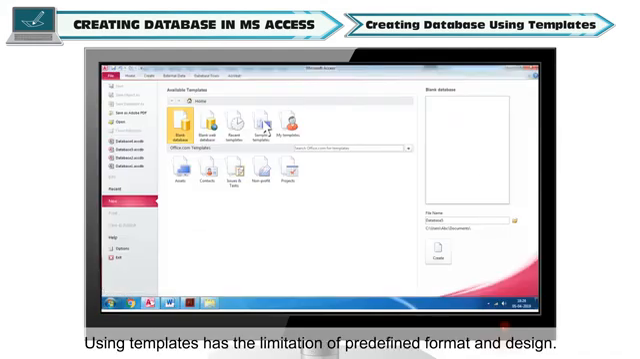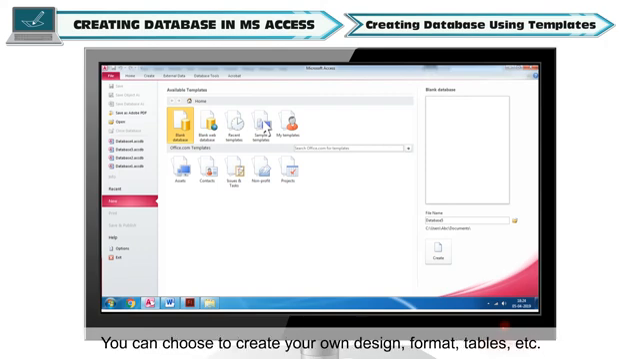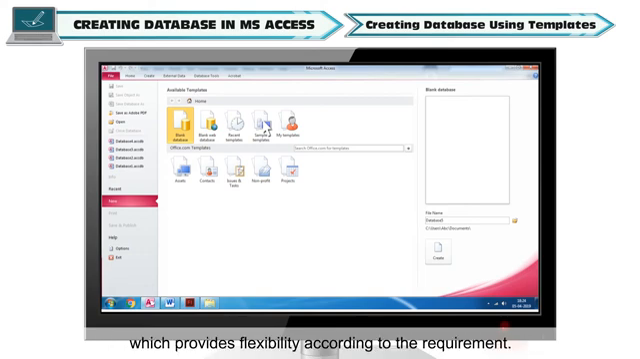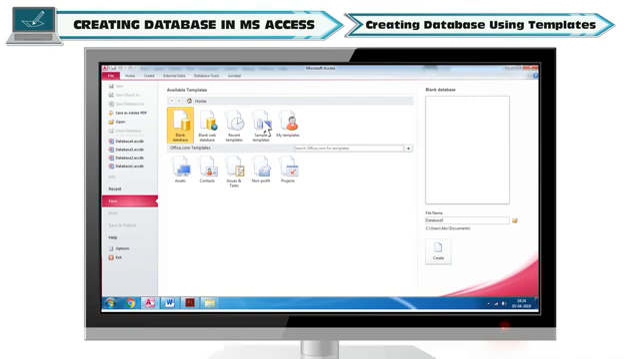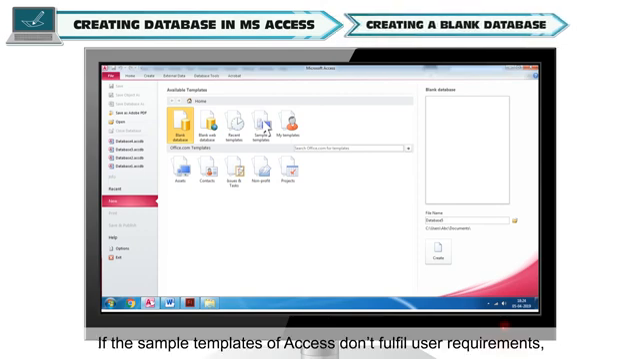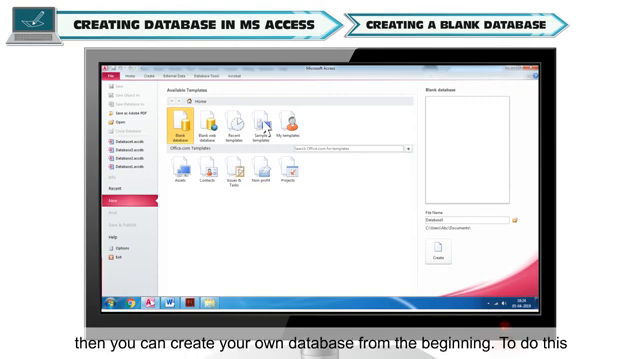Using templates has the limitation of predefined format and design. You can choose to create your own design, format, tables, etc., which provides flexibility according to the requirement. Creating a blank database. If the sample templates of Access don't fulfill user requirements, then you can create your own database from the beginning. To do this,